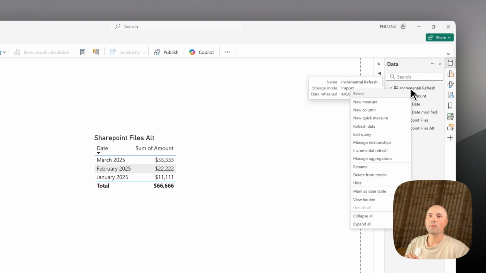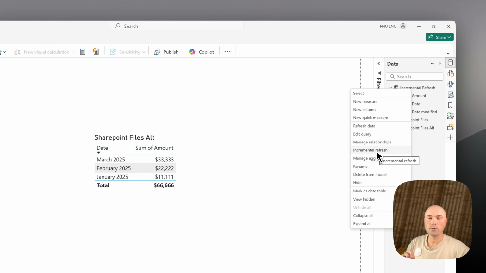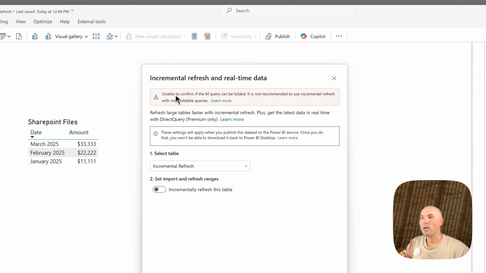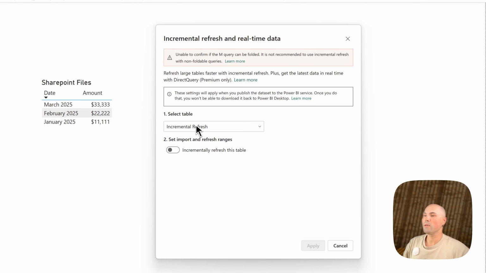Okay. So right-click on your newly created table, go to incremental refresh. You will see this message, unable to confirm if mQuery can be folded. Indeed, it's not database, it cannot confirm that. However, it will still work, so you can just ignore this message. Make sure your table is selected here. If you have multiple,